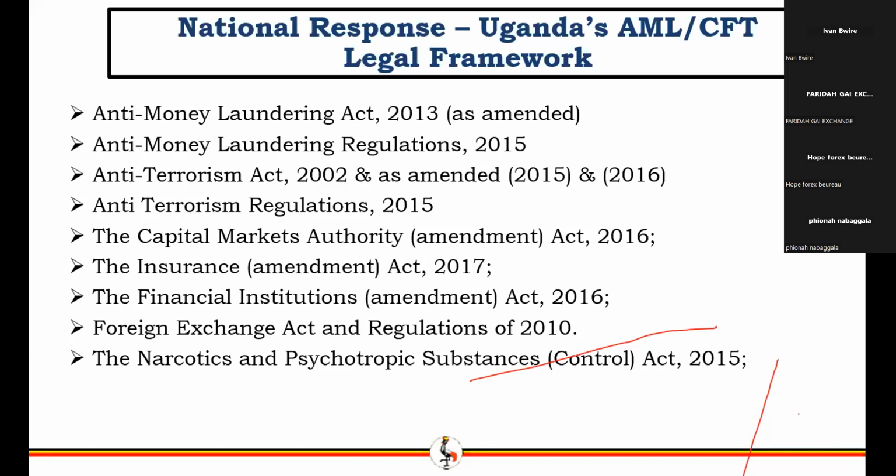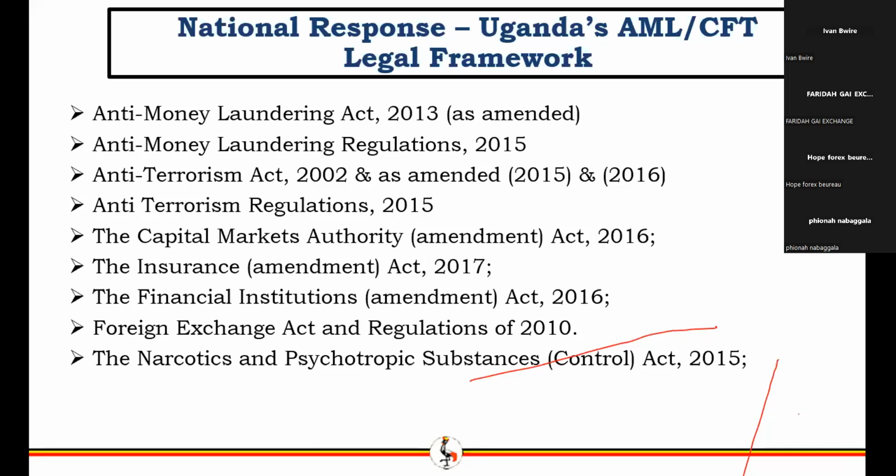For example, for the Capital Markets Authority, if the second schedule lists anyone dealing in securities or sale of stock, we rely on the CMA Act for the definition of who is a stock dealer or a broker as an accountable person under